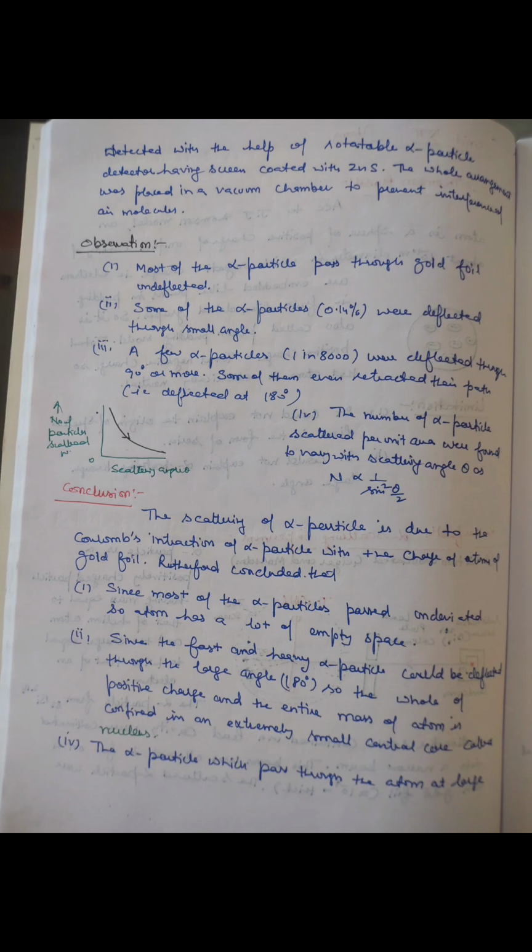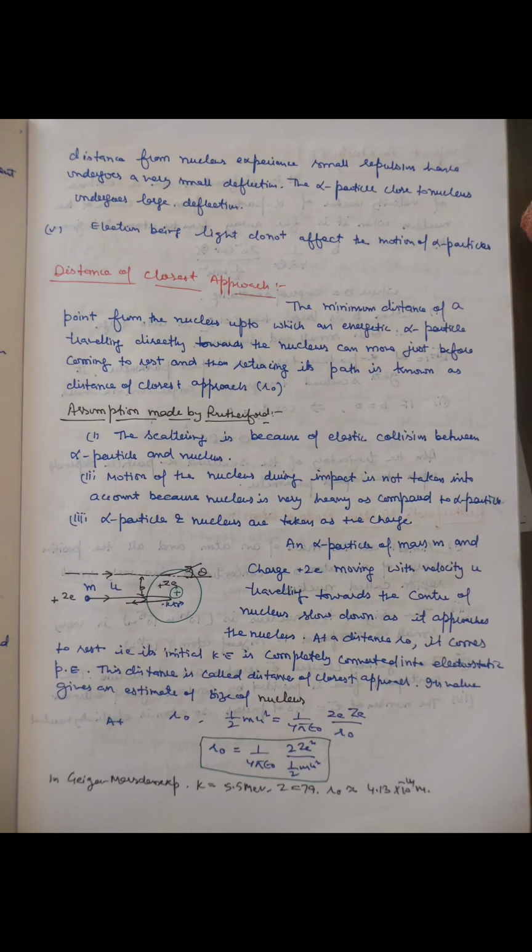Some of alpha particle about 0.14% were deflected through small angle. A few alpha particle about 1 in 8,000 were deflected through 90 degree or more. The scattering was due to Coulomb interaction of alpha particle with positively charged atoms of gold foil. Conclusion is that atom has a lot of empty space since most of the alpha particle passed undeviated. All of the positive charge and the entire mass of the atom is confined in a very small central core